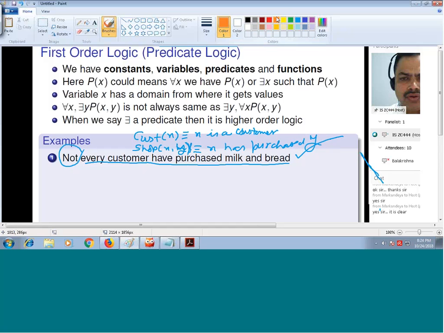So if I want to write that every customer has purchased milk and bread, I can write like this, for every X,